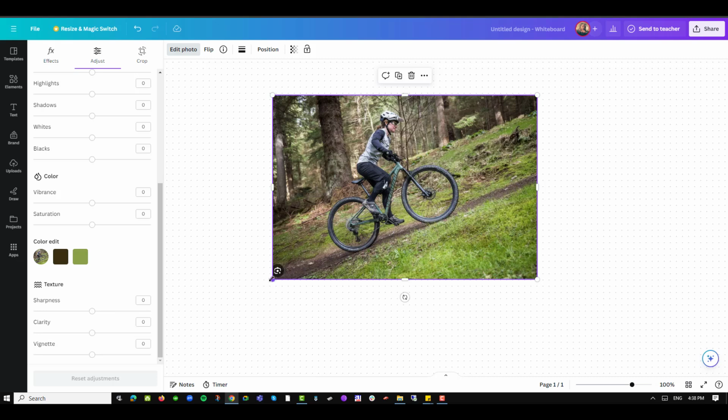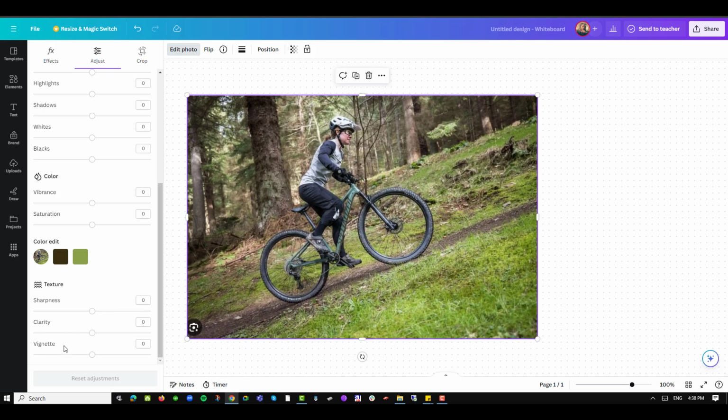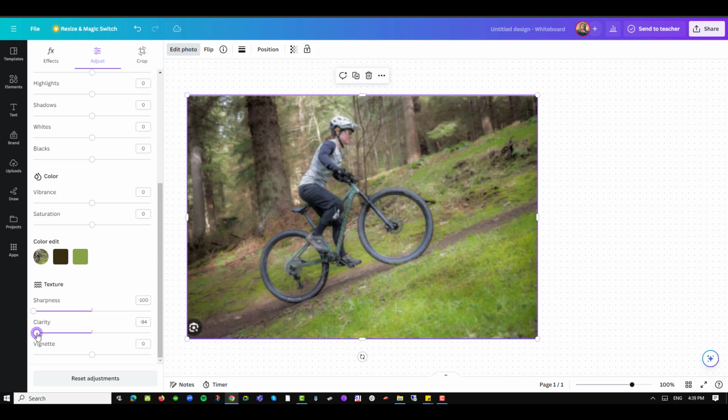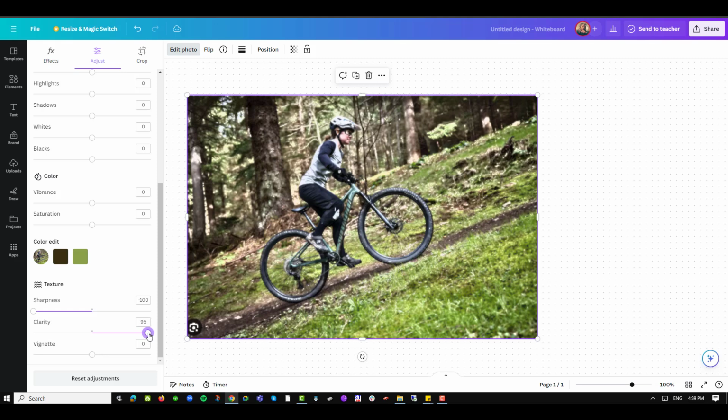Now look at this image, I'll make it a little bigger, as I change the toggle options on these texture options. So for the sharpness, I may increase it to make it more visible, but I can also go back to make it blur. Anything that is blur has less clarity, so I can go to the clarity option and reduce that a little bit. If you go a little bit further, that becomes more transparent, but again, if I go a little bit forward, it becomes more clear but very blur. Notice the difference between what I had in the beginning and what I have now.